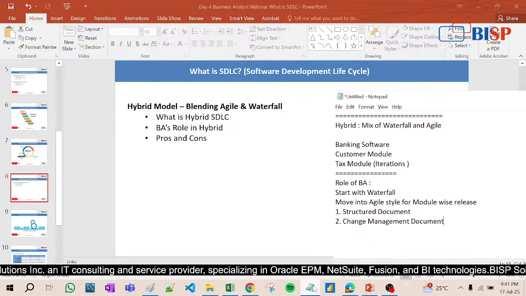He should be able to design both types of documents, structured and change management documents also, because whatever changes are made, at what stage of the application, and at what time the changes are made, everything the BA, business analyst, needs to know about this. After that, what are the pros and cons? Now pros means